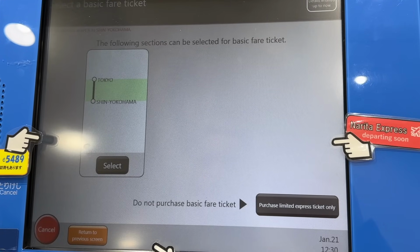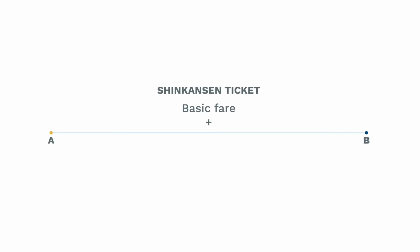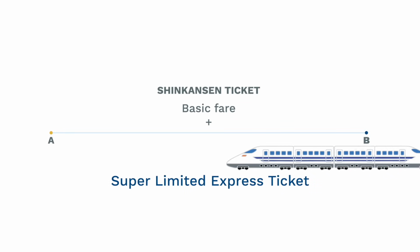purchase basic fare ticket. Purchase limited express ticket only. This is because Shinkansen tickets are made up of two parts: the basic fare, which allows you to travel from point A to point B, and the super limited express ticket, which allows you to travel on a Shinkansen bullet train. If you choose to purchase only the limited express ticket, you will need to pay in another manner for